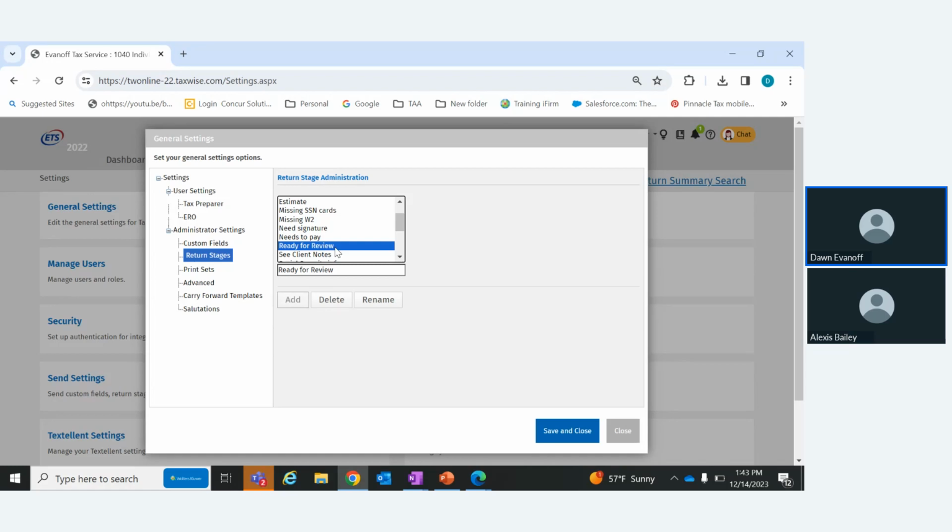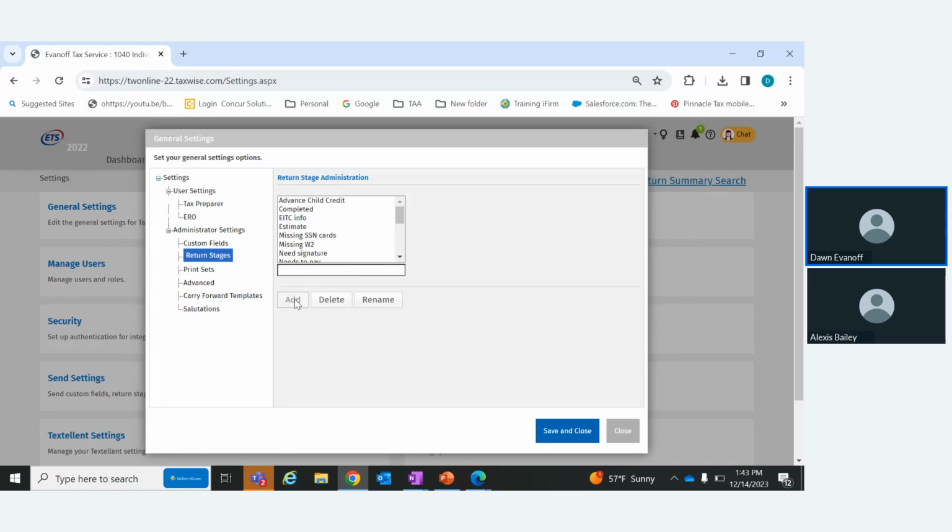So not with you actually creating an e-file, but maybe you do a return and then it goes to someone to be reviewed. And then after the person reviews it, if it's okay, they send it to an e-file manager who then transmits it. Then I would add in here, rather than ready for review, I would add another one and say "ready for transmission"